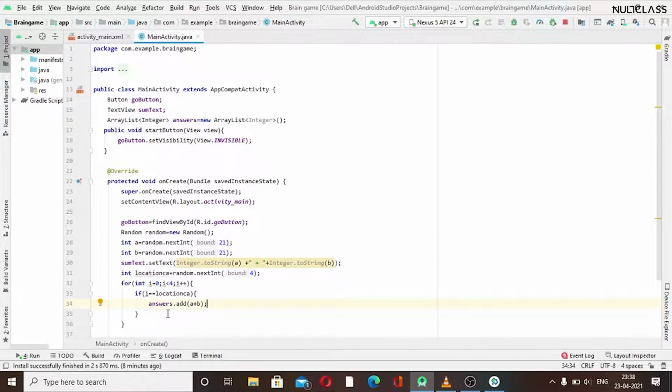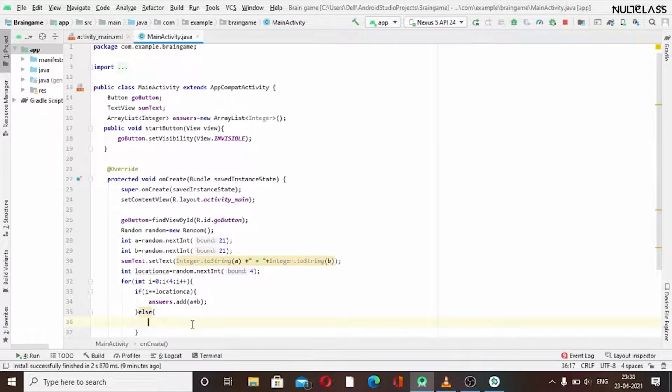Okay, and for the wrong answers, we first have to get the location. So we will create an else here, and in the else part, we will handle entering wrong answers. We have to generate three different positions again.